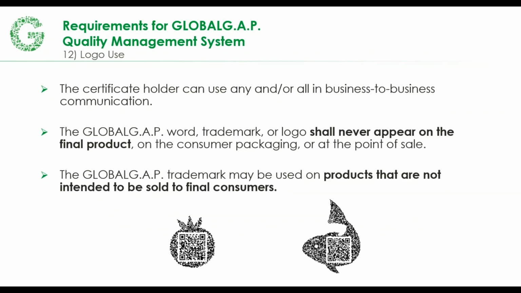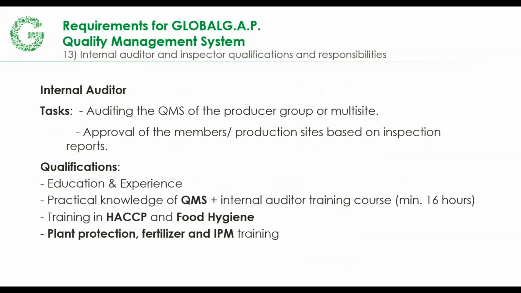There are rules around the logo use, whether or not you can use a GGN or the logo. Those would be the exact same as they are in our normal GLOBAL.G.A.P system for option 1. Of course, the logo doesn't appear on the final product. You can use a GGN, and there are specific rules around that. And here we have an example of the QR code that can be on products. And we're encouraging you to look up the QR logo and determine if that is something that is necessary for